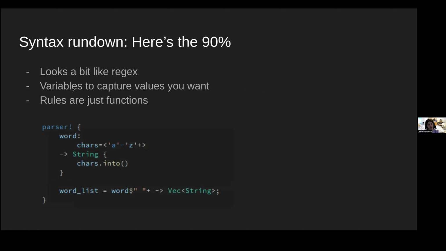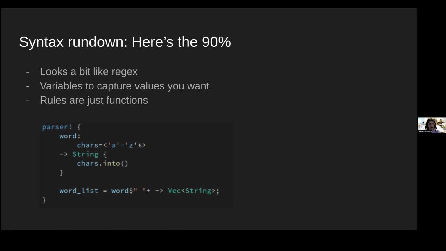The syntax looks a little bit like regex. You have named rules. So you have a rule called word and you have a rule called word list. And you can see that you can use variables to capture individual values in this expression that you're parsing. And the parser here is just A to Z, so similar to a regex group, which would parse any lowercase alphabetic character.